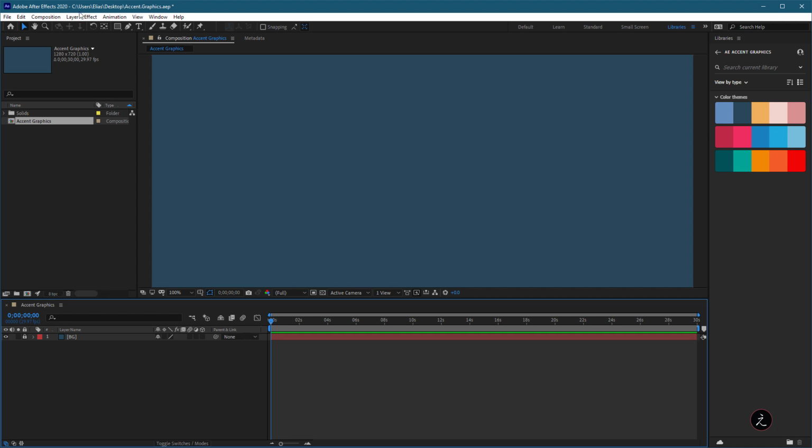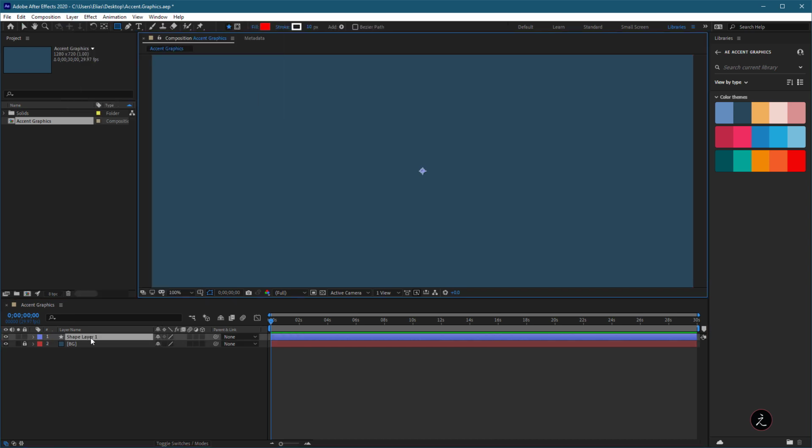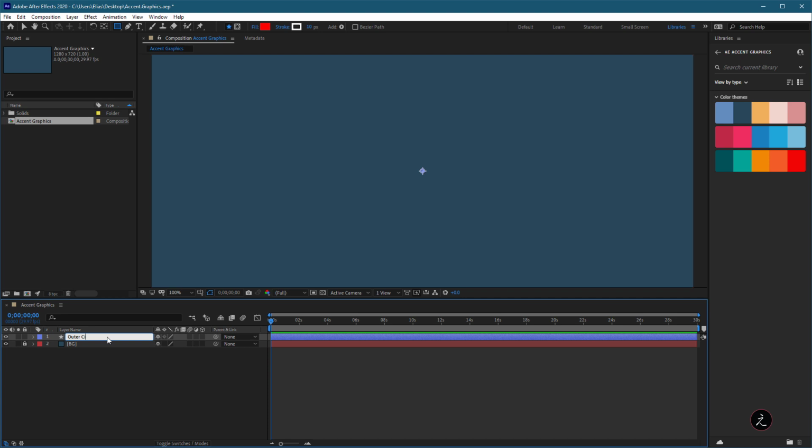Great. Now I'm going to go back to the layer menu and create a new shape layer. In this case, we get Shape Layer 1. I always like to rename my layers and I highly recommend you do the same. So I'm going to press Enter or Return and rename this to outer circle. Hit Enter or Return. If I look at the contents of this shape layer, we've got contents, pretty much nothing, and the general transformations. Okay, which means we need to add certain elements.